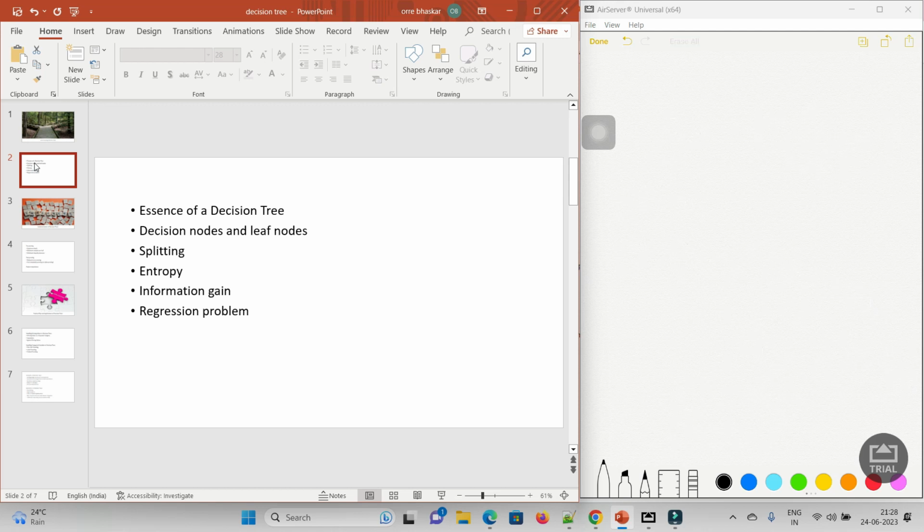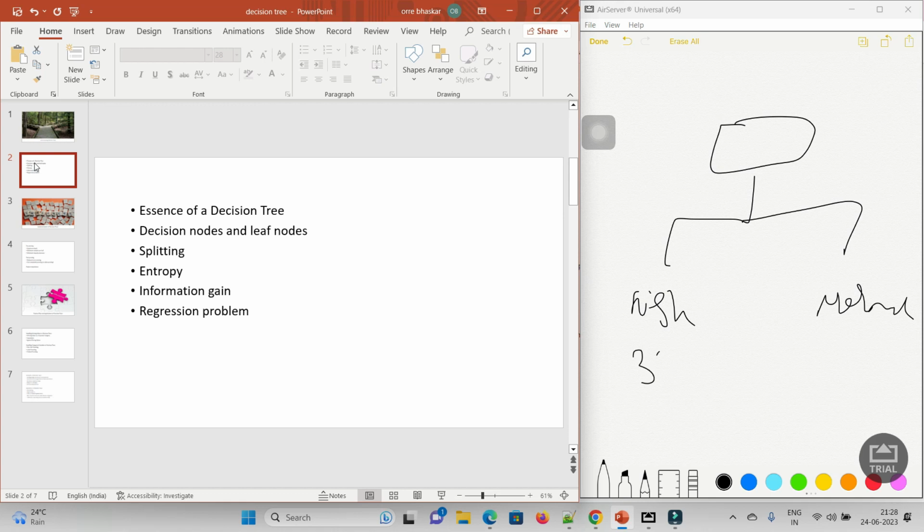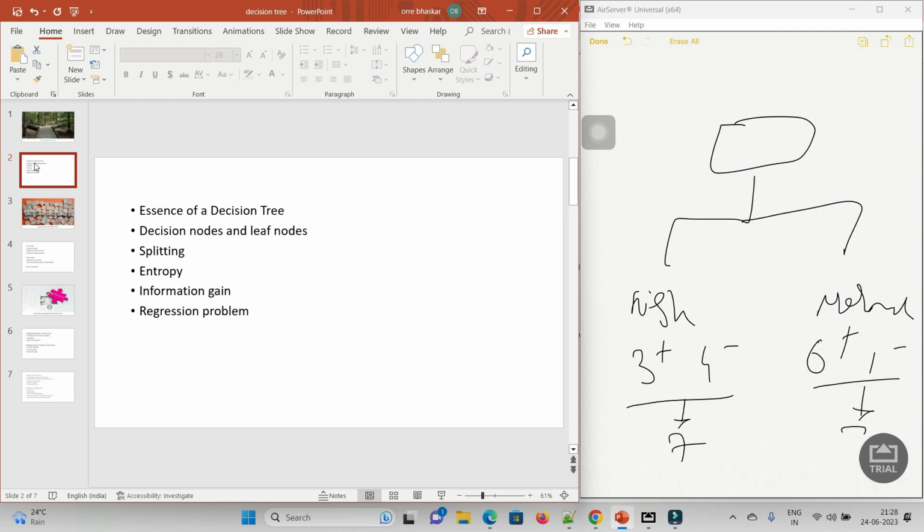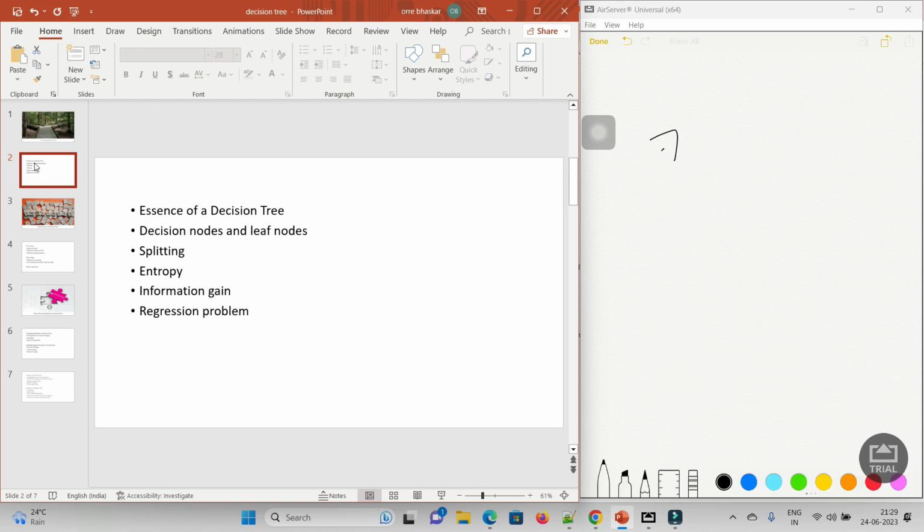So if you see the example which we have taken, humidity is split into two. One is high and the other is normal. Here we have 3 positive, 4 negative. Similarly for normal, 6 positive, 1 negative. If you sum this, it will be 7 data points. Total is 14. For normal, we have 7 by 14, and similarly for high,